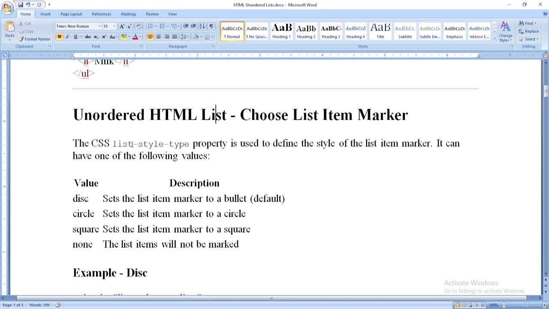The HTML list-style-type property is used to define the style of the list item marker. It can have one of the following values: disk, circle, square, and none. The disk value sets the list item marker to a bullet. That is the default. The circle sets the list item marker to a circle,